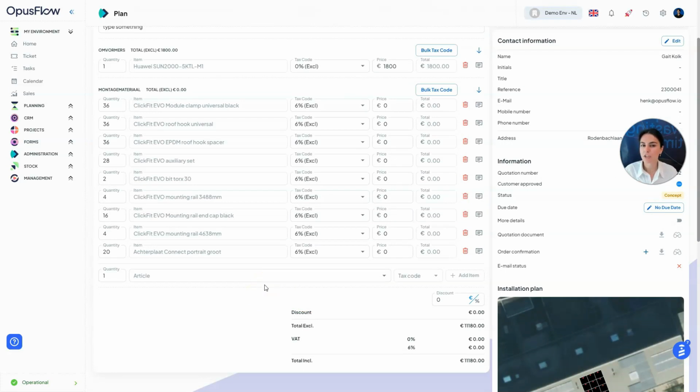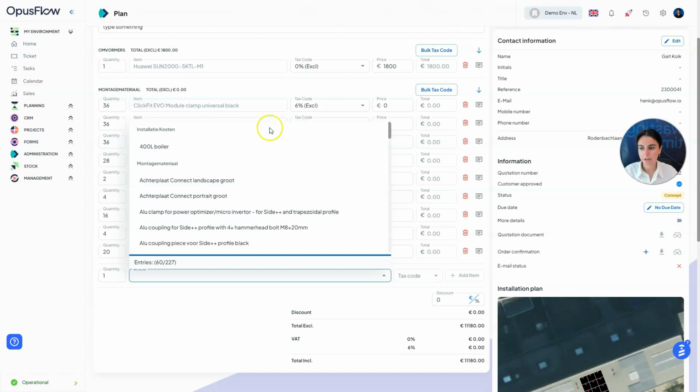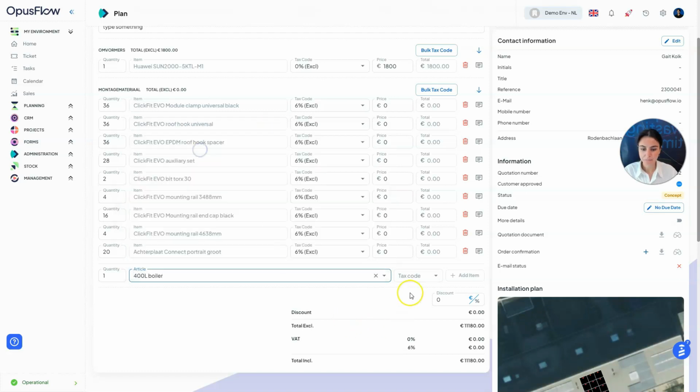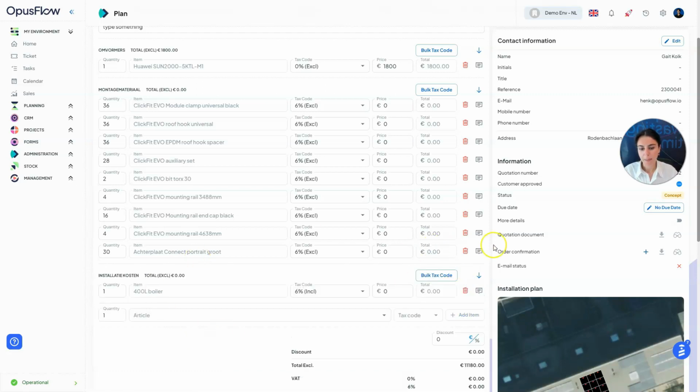Let's say you have checked your bill of material and you realize that something is missing. You can easily set the quantity of the article, find the article from the list over here, and then give it a tax code and add the item to the list of items.